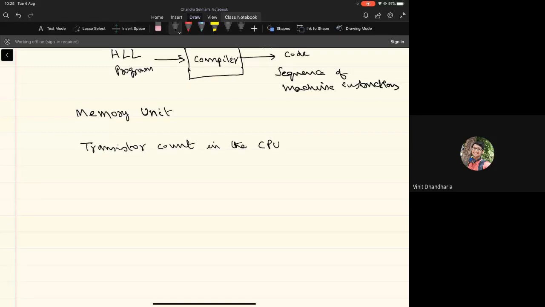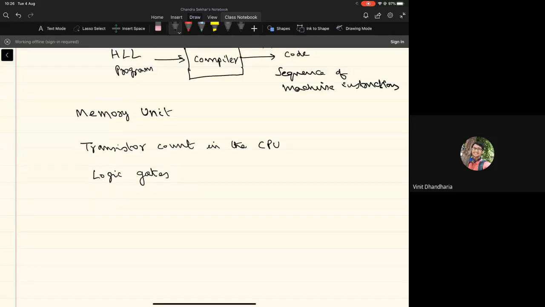I think you might have come across this term called the transistor in your school, or maybe if you have done a course on basic electronics, you would have come across this circuit called the transistor circuit, which forms the basic circuit element in the design of the different parts of the CPU. As we're seeing quickly, the two basic elements in the design of the components of the CPU and the memory unit are going to be what are called the logic gates, and this will be used for designing many of the circuits in the arithmetic and logic unit, right?